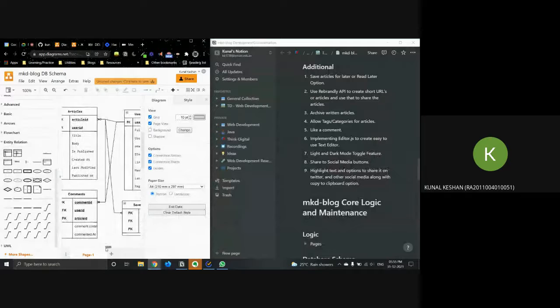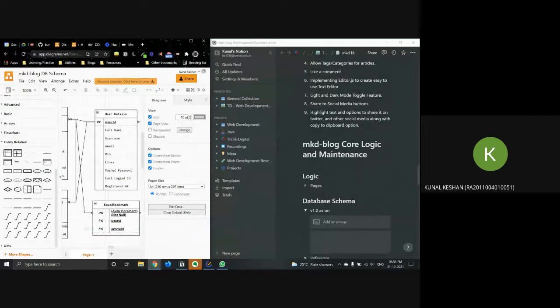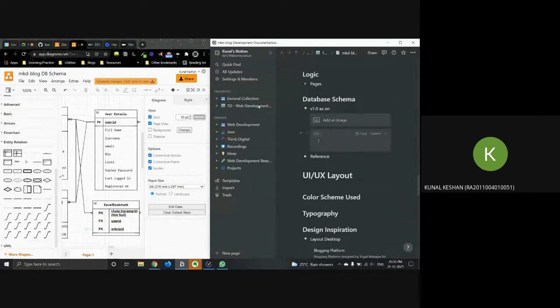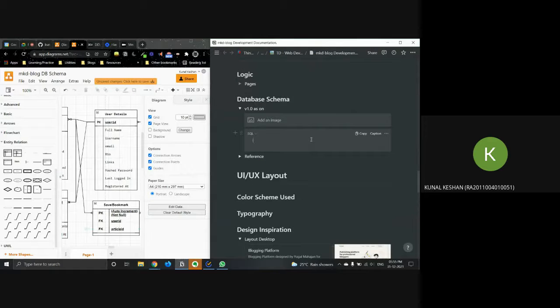So first we have to make the user details table. Create table user_details. I mean, the usual naming convention is to use an underscore when you're separating different words. Create table user_details.